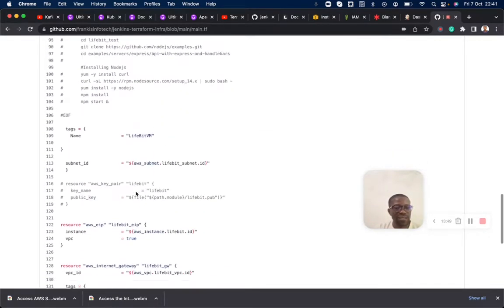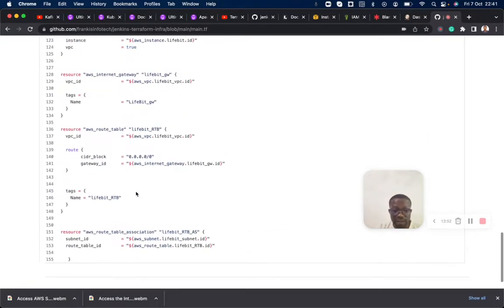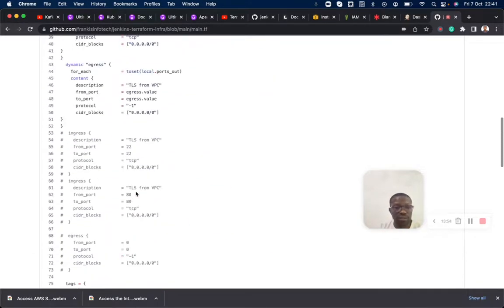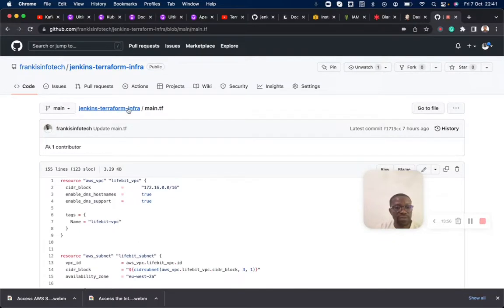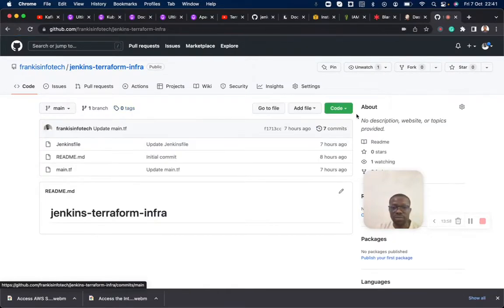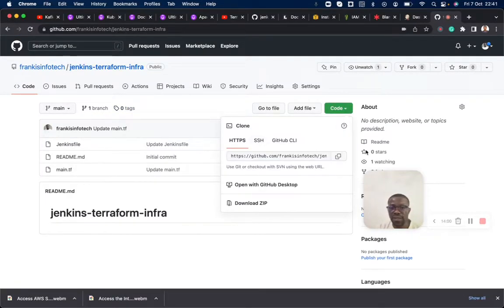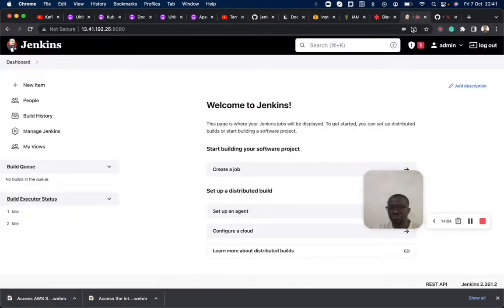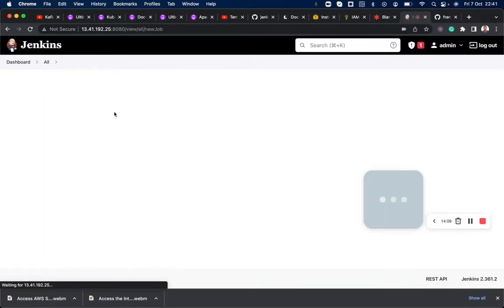EC2 instance, and what have you. So everything I need to deploy to AWS is here. So that's all I need. Just grab this link, HTTPS, copy it, go to Jenkins,